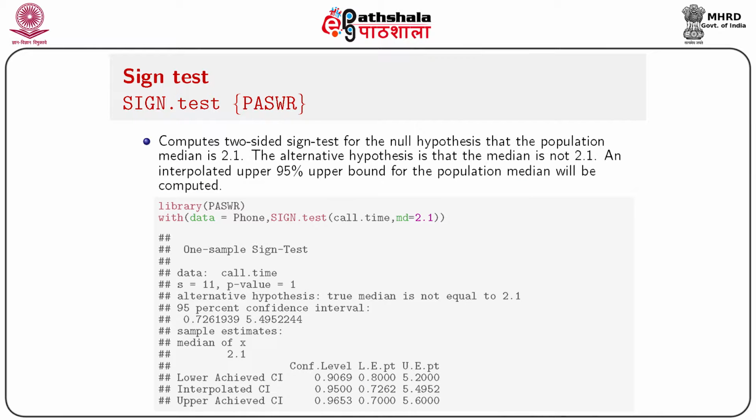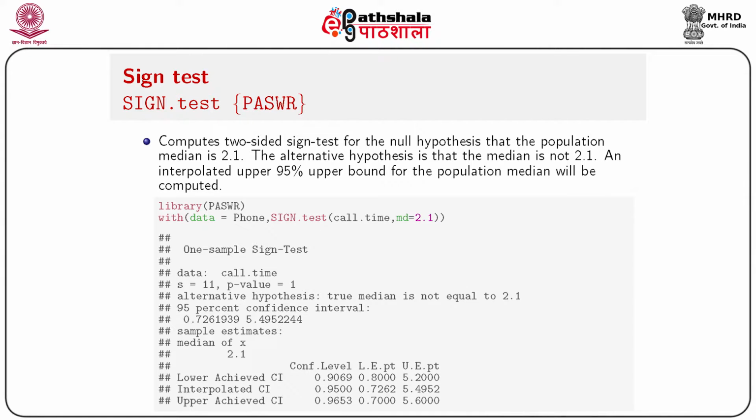So compute a two-sided sign test for the null hypothesis that the population median is 2.1. The alternative hypothesis is not equal to 2.1, and the interpolated upper 95% confidence bound of the population median will be computed. First I load the library PASWR, and then with the data phone I call sign.test with median equals 2.1,